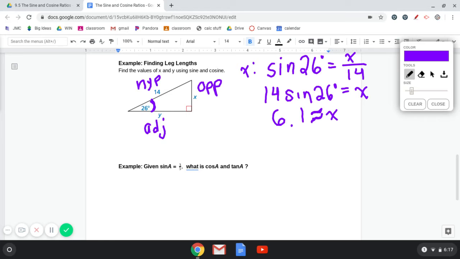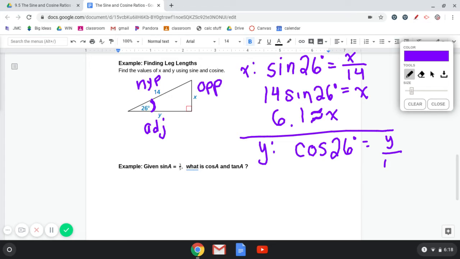Now we can use the Pythagorean theorem to find y. However, for the sake of practice, I'm going to use another trig ratio. So let's use y. This time, we're dealing with the adjacent side. We're going to use the hypotenuse as well. So the trig ratio that deals with the adjacent side and the hypotenuse is the cosine ratio. So we write cosine of 26 degrees, my reference angle, equals the adjacent side, which is y, over the hypotenuse, which is